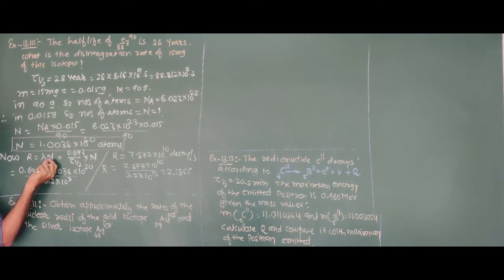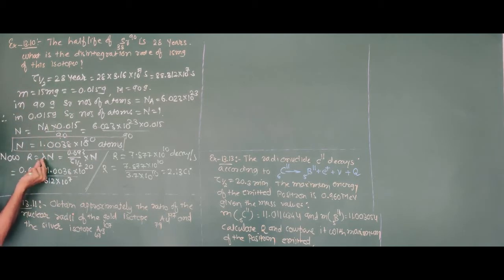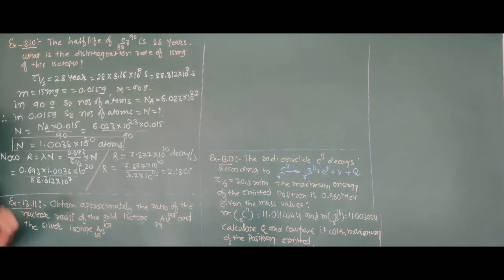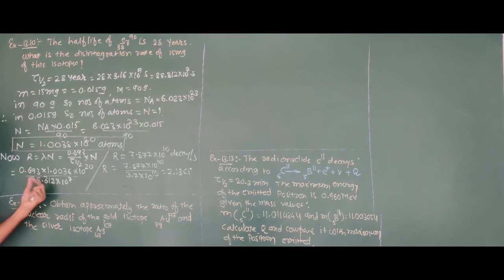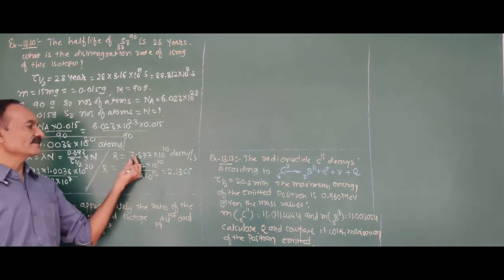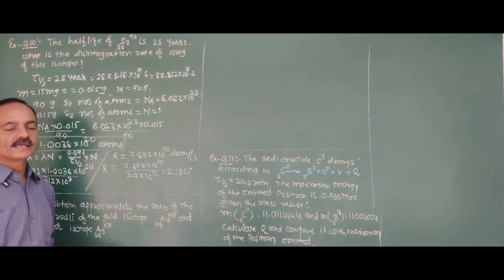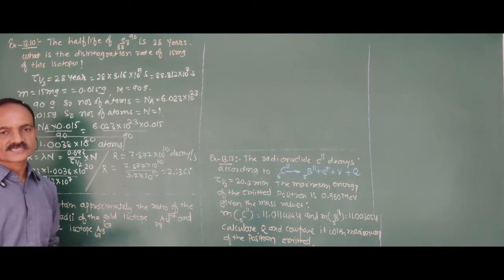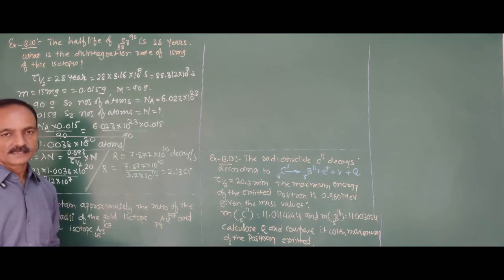Lambda, the decay constant, is not given, but the half-life is given. Therefore, the relation of decay constant with the half-life is lambda = 0.693 upon T half, into this N. Here we substitute the value, and we obtain the activity as 7.877 × 10^10 decay per second. That is the activity. Now,